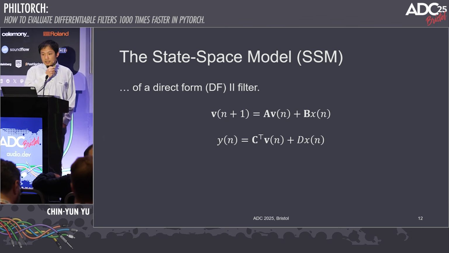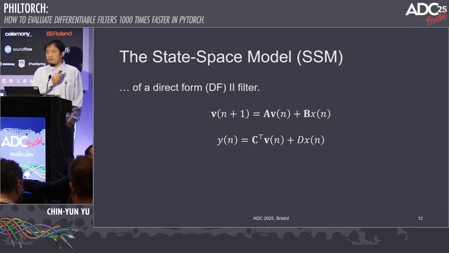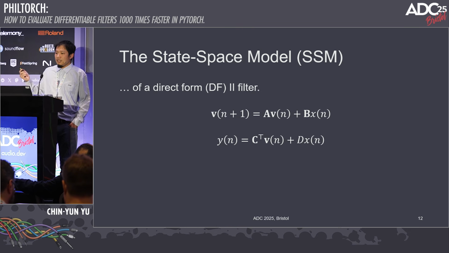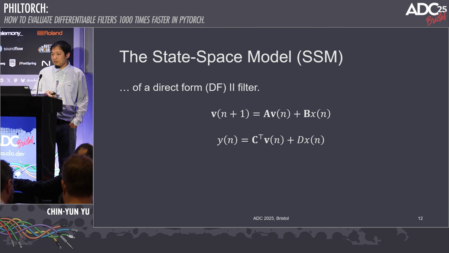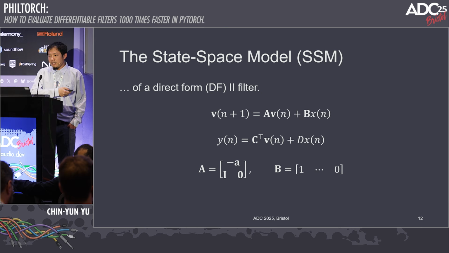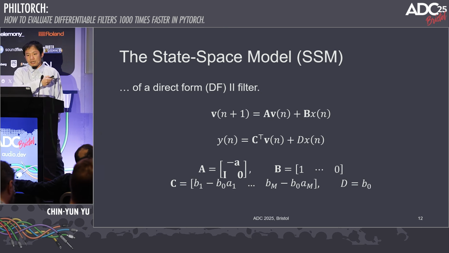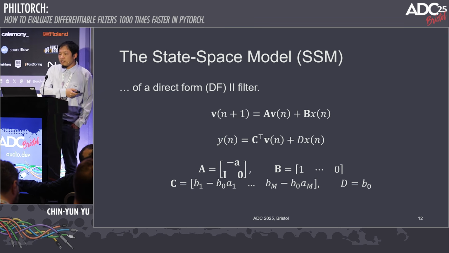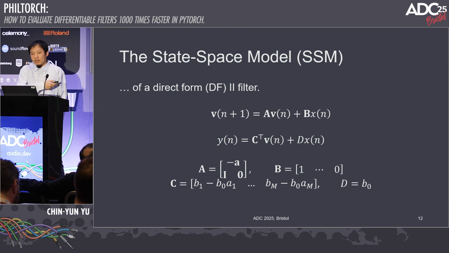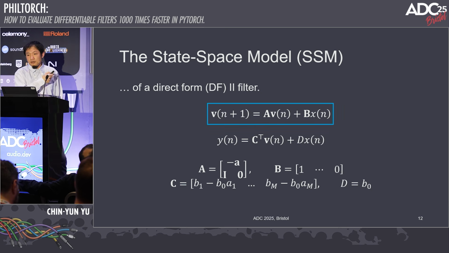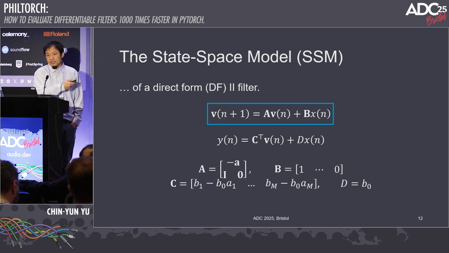Okay, so first, let's talk about the state space representation. PhilTorch uses SSM internally for two reasons. First is a very flexible representation to represent different direct form filters or even other filters. For example, here's the parameterization that equals the direct form filter I showed before. And second, and most importantly, it enables parallel processing on the GPU, which I will talk about later. And the first equation, pay attention to that, is where the recursion is, which involves the A transition matrix and